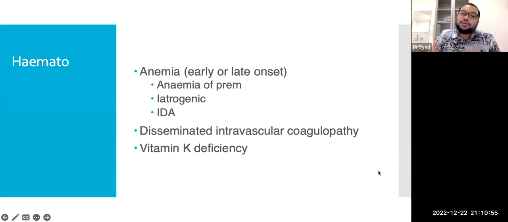And the liver is immature. When the liver is immature, there is not enough iron storage. Born early, the liver is immature, storage of iron is not much yet, so you can get iron deficiency anemia. So that is why for premature babies most of the time we need to supplement with vitamin D and with iron. We need to give iron supplement. And they are at risk of disseminated intravascular coagulation, for example. They may have vitamin K deficiency because breast milk does not have vitamin K. That is why we need to give vitamin K.